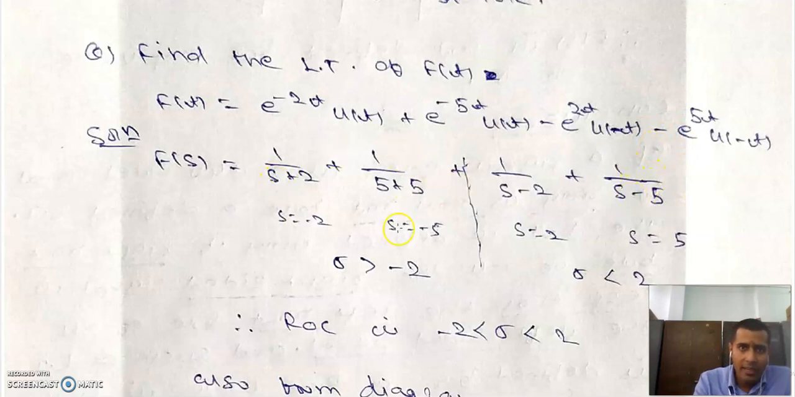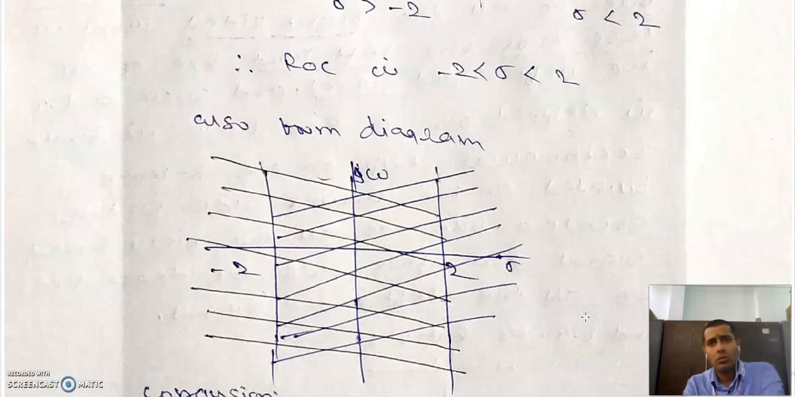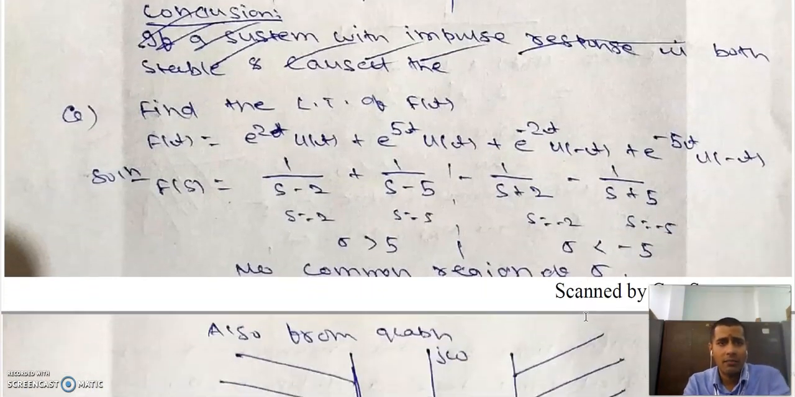For the right-sided ones, the poles are s equal to minus 2 and s equal to minus 5. So for this case, because these are right signals, the rightmost gives sigma greater than minus 2, where sigma is less than 2. So the ROC is minus 2 to 2. But for this case, you can see that sigma is greater than 5, sigma is less than